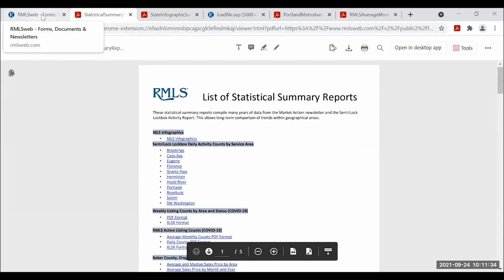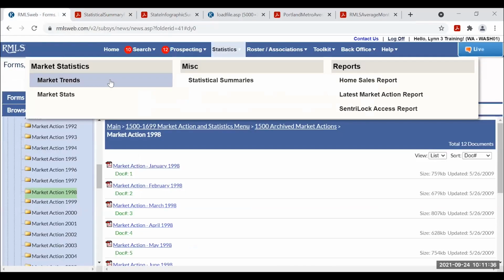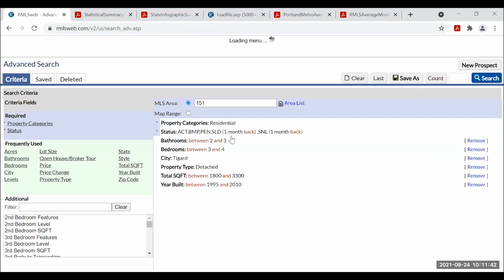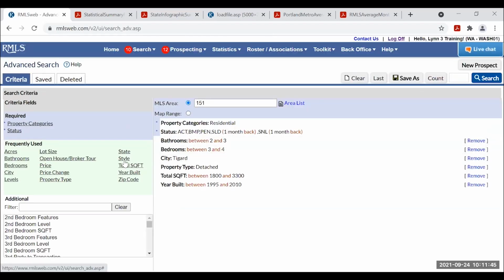Okay, and then the next section, we're actually going to do a search. I have a search already set up with some criteria, so I'm going to use Count. Count is your friend.